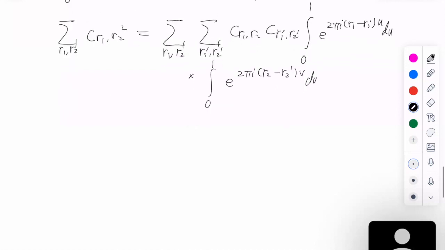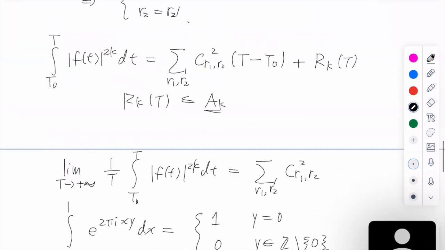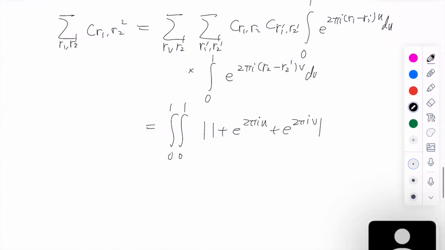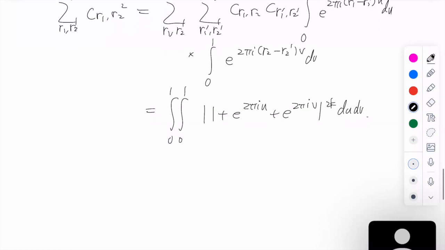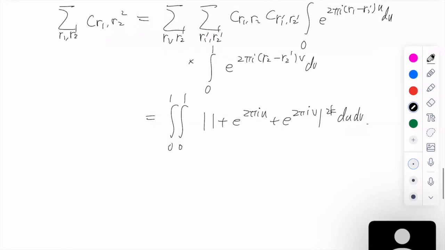And if we combine the expressions, we will eventually arrive at the following double integral. The integrand being 1 plus e to the 2 pi iu plus e to the 2 pi iv. This just follows from the definition of the kth power. So raised to the 2kth power, du dv. So we know that this quantity, if we take the limit,